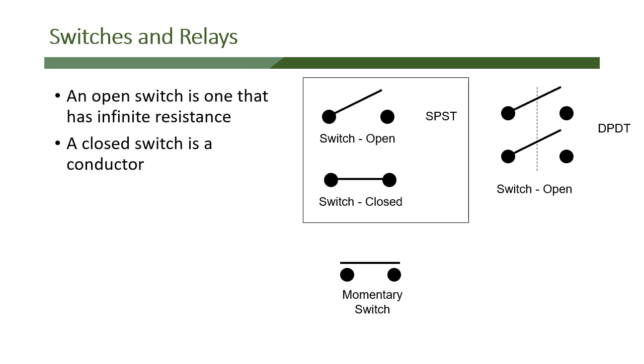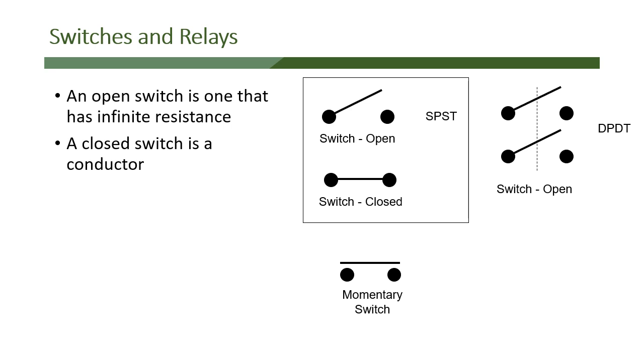Now switches are basically described by poles and throws. In the picture in the box, we have one item that's being switched. You can see one dot on the right of the open switch and one dot on the left. So we're only switching one thing, and so it's a single pole. And there's only one lever on the switch because it only has one item that it has to switch,